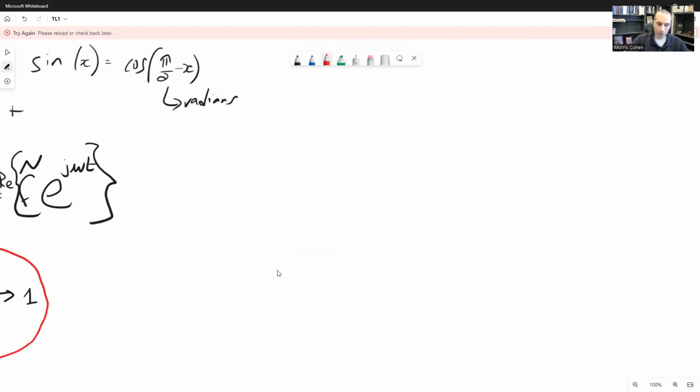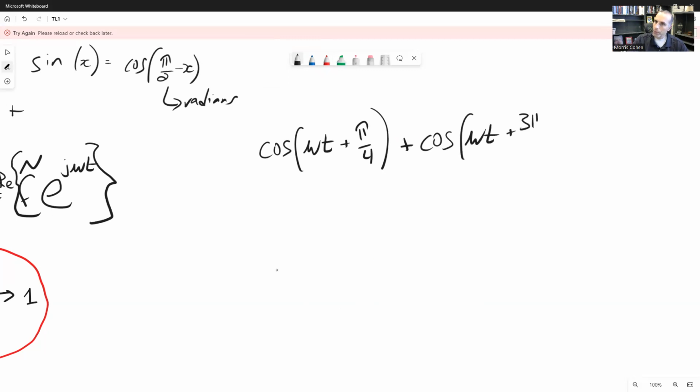Let's say I ask you to figure out what is cosine of omega t plus pi over 4 plus cosine of omega t plus 3 pi over 4. That's not something you can do in your head. It's not something you can do in a straightforward fashion, but phasors actually make it very easy to do this,